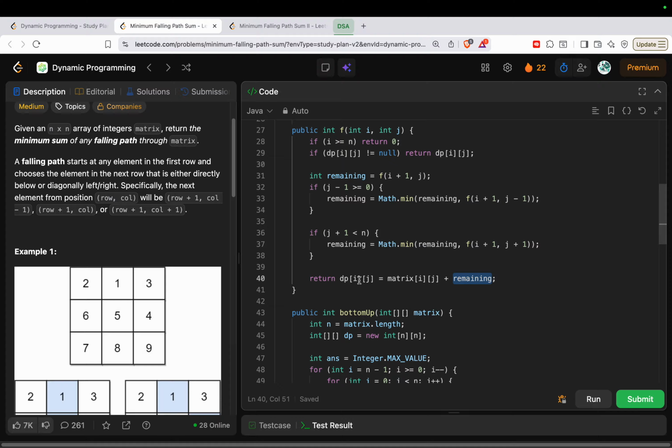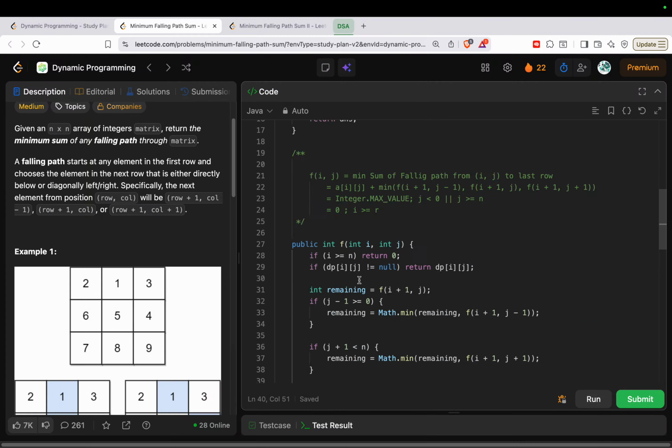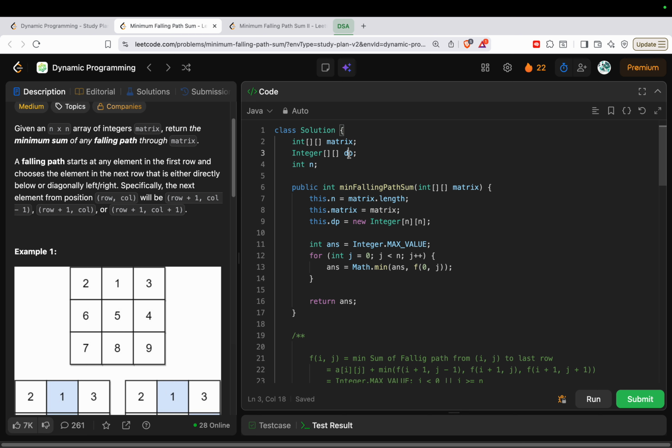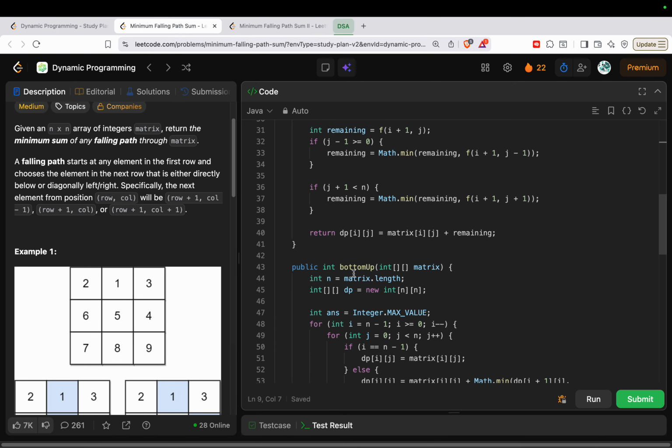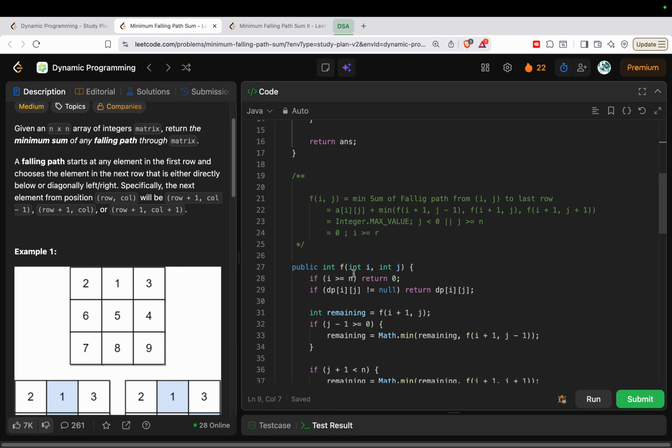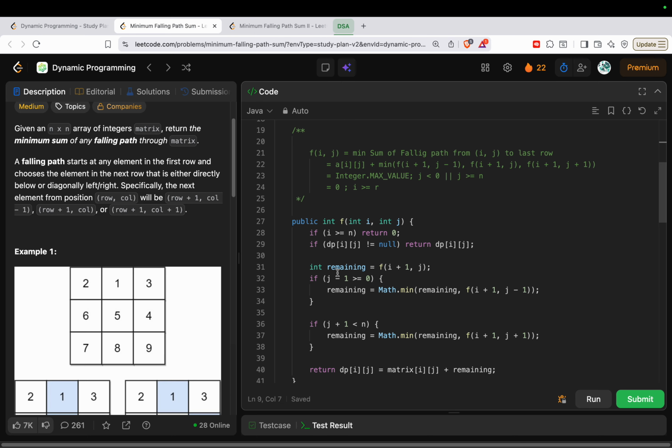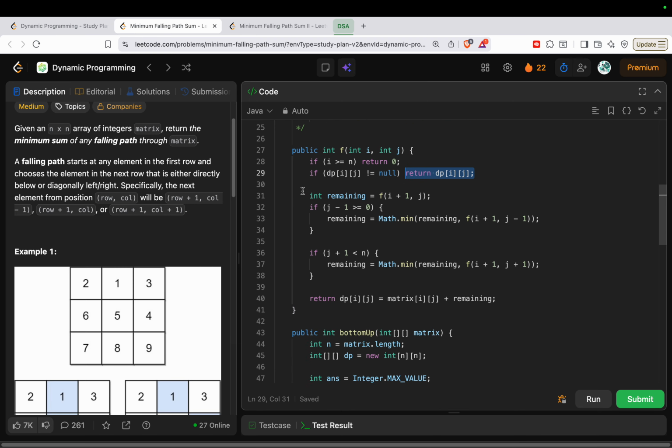We'll simply catch the result and get the value back from the cache. So what I will be doing is I've just defined a DP array of size n by n, and then I'm first checking if the answer to my current function is calculated or not. If it is calculated, then I will be returning the answer,